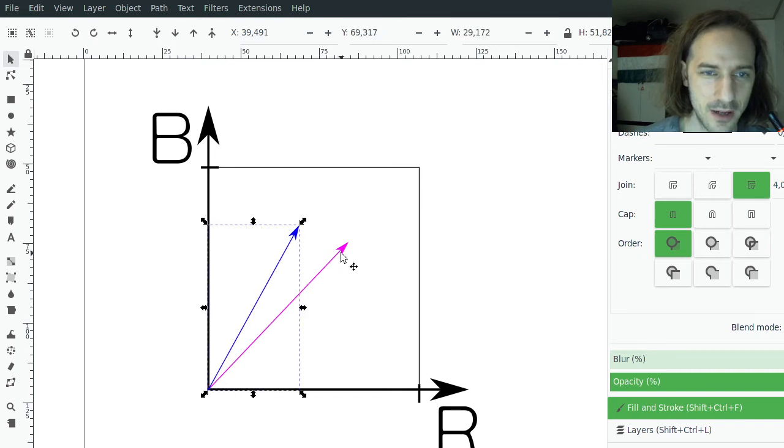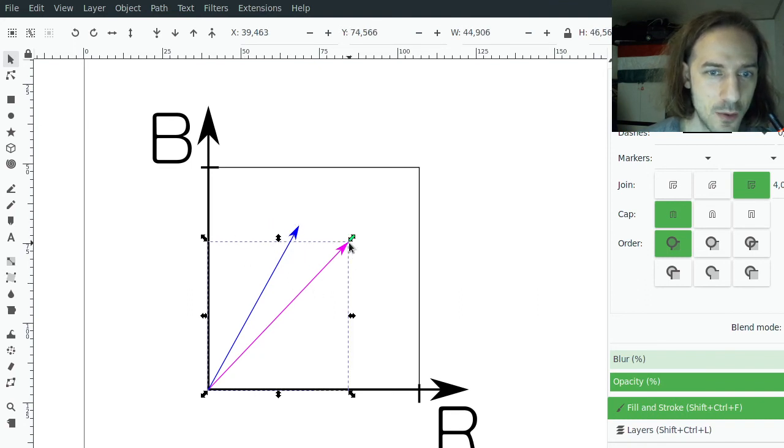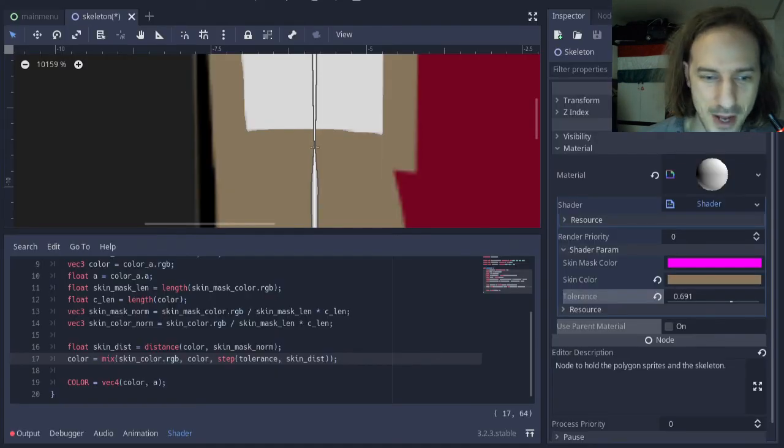If I have 0 length for my actual pixel value, then the normalized mask will also be 0, so it will match up, and when it is matched, it will be replaced by the skin tone. But what we can do instead is, you can see that we normalize the skin color,